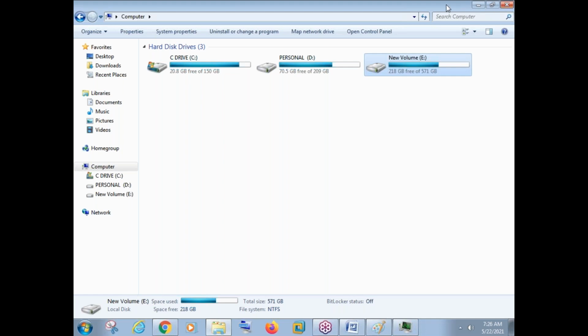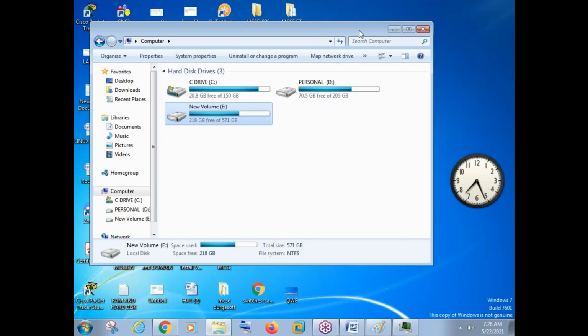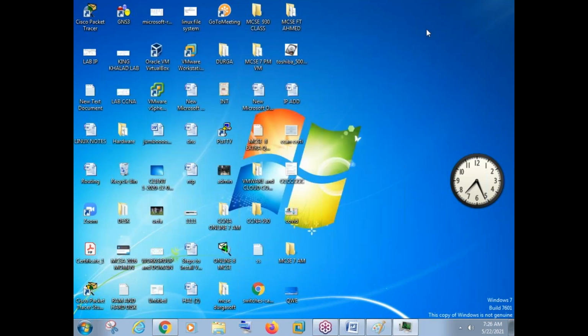So once you do your work, once your practicals are over, after completing all the practicals, we should delete. Like this, till now, maybe I have deleted some thousands of machines on this computer, because for every class, I have to create 4 to 5 virtual machines. For Windows and Linux and VMware, I have deleted many virtual machines. So I create machines, and once the class is over, I delete the machine. That's it. So that my space will be free again.